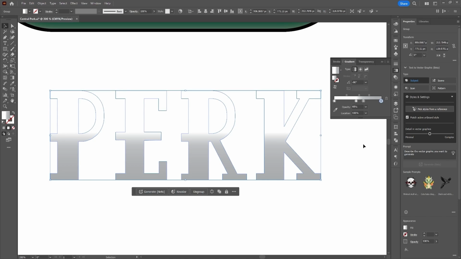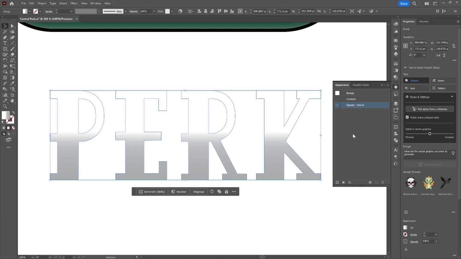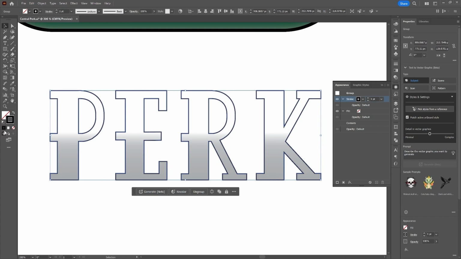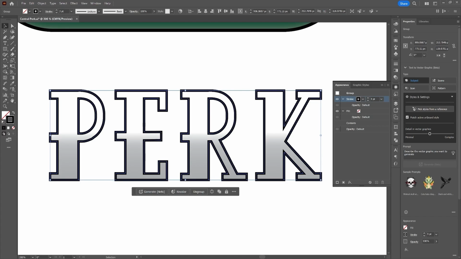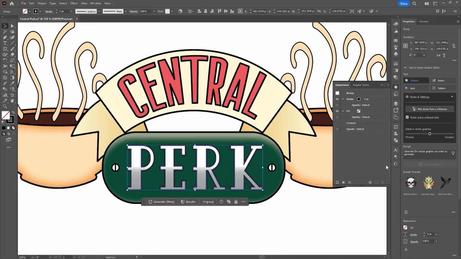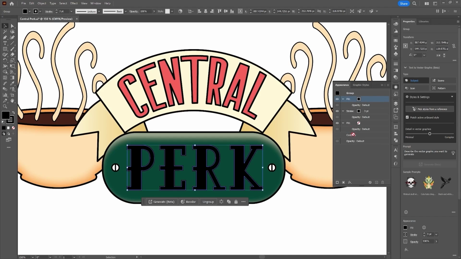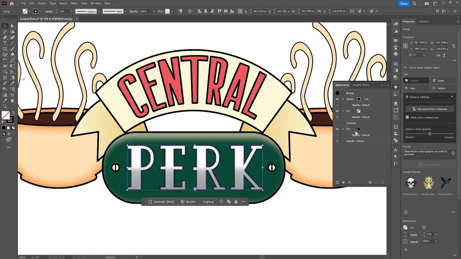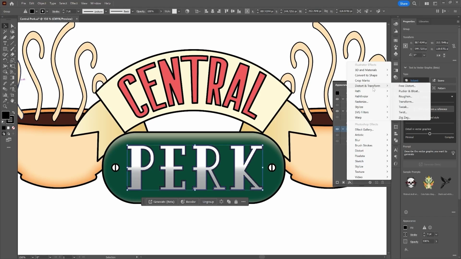And then once you've done that, let's go back to the appearance panel here. And let's go ahead and add a new stroke. And for this, let's go ahead and make the stroke 3 points like that. And now let's add a shadow to our text. So going over to the appearance panel here, let's go ahead and add a new fill. Let's drag the new fill at the bottom, making sure it's behind our contents and making sure that the fill is set to black. We're going to go to Effects, Distort and Transform,